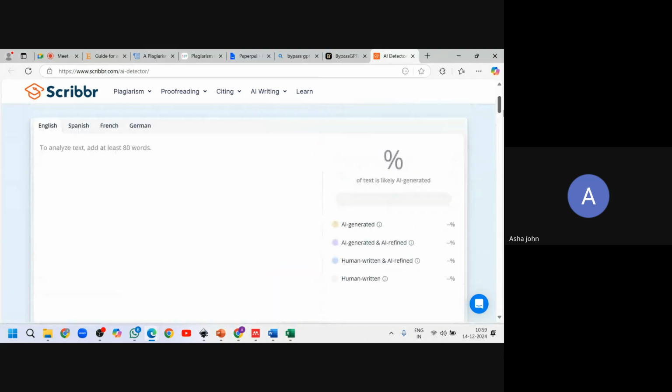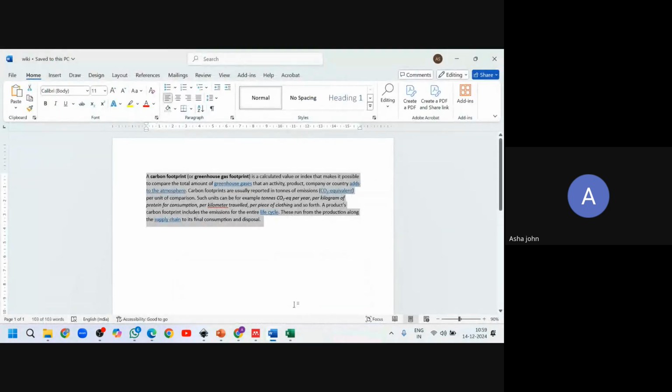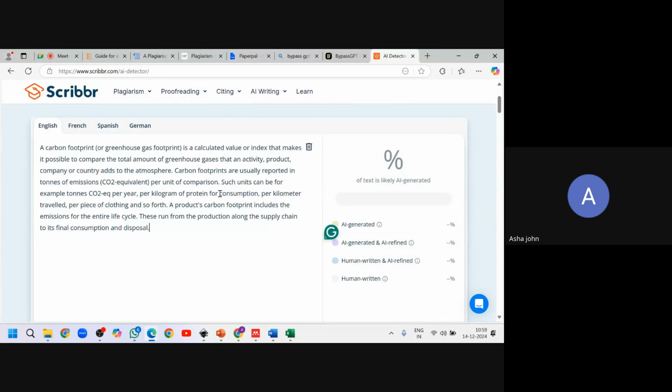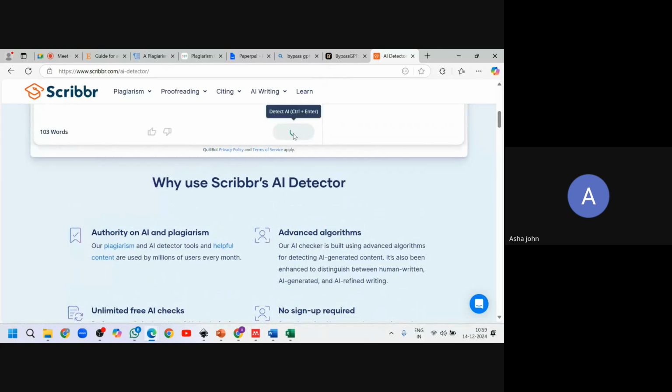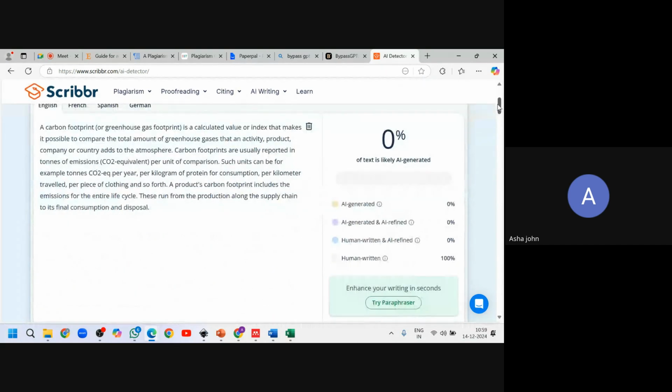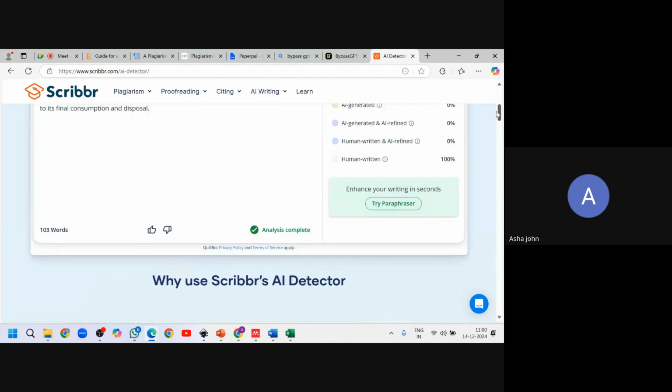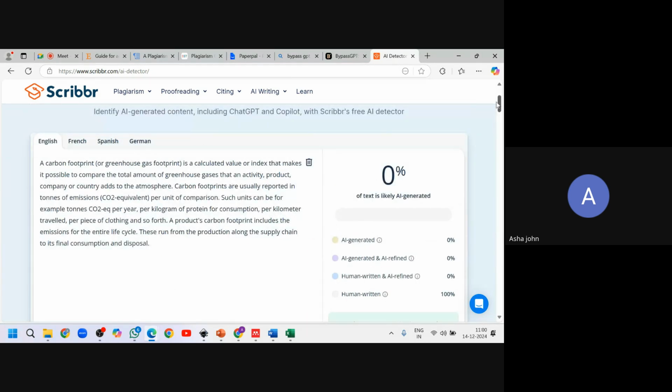Scriber is a free AI detector. Now let's take the content that we took from Wikipedia and paste it here. Wikipedia says it is not AI generated.